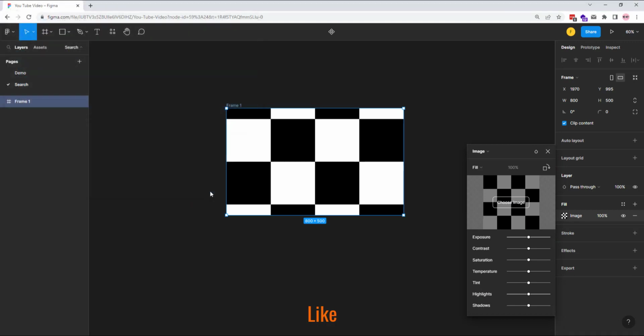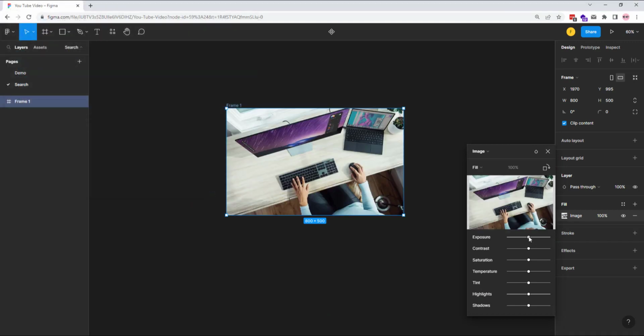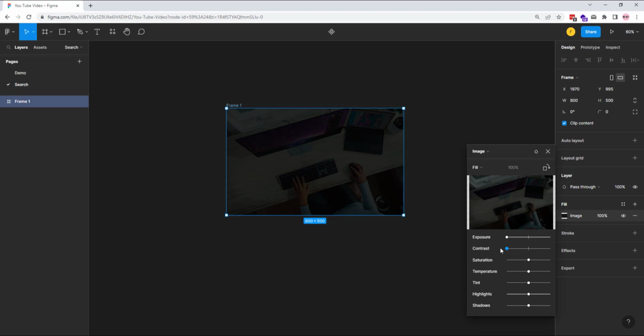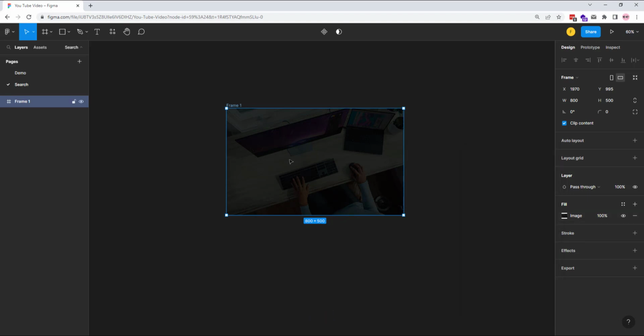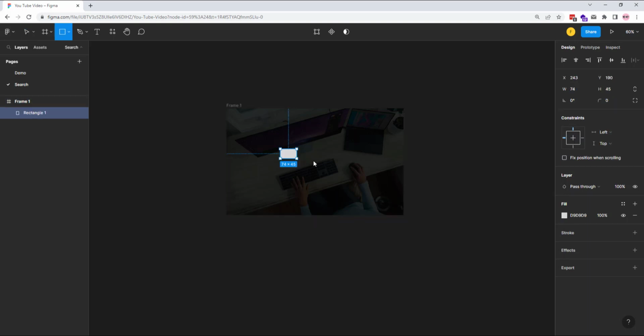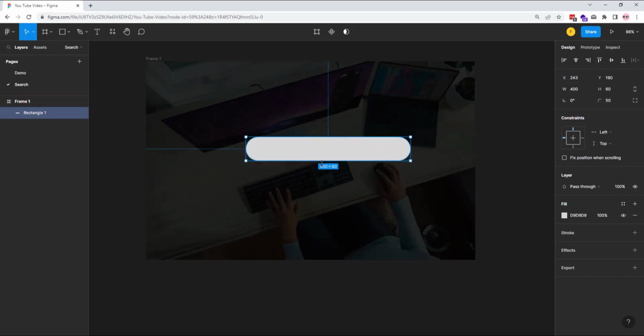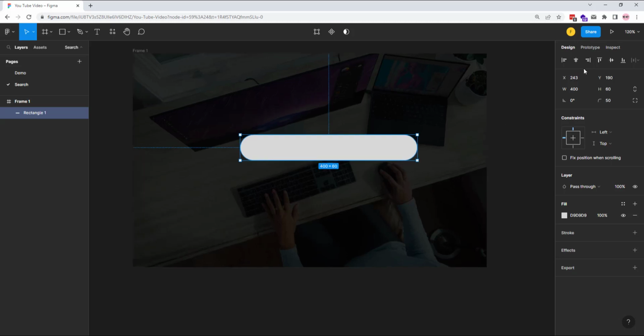Here is my image. I want to darken this image just like that. Now I want to take a rectangle, so press R and draw a rectangle. I want this rectangle width 400 and height 60 and its corner 50% rounded. Let's zoom this screen. I want this rectangle to be centered